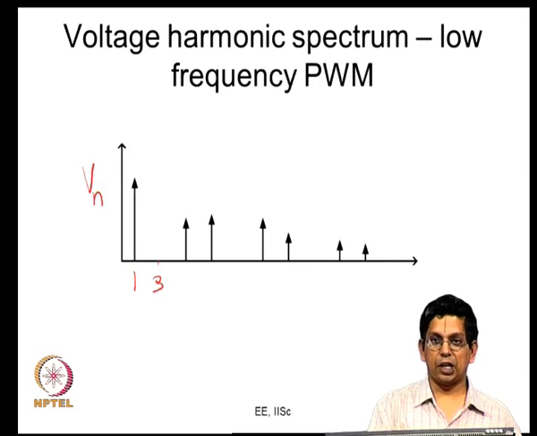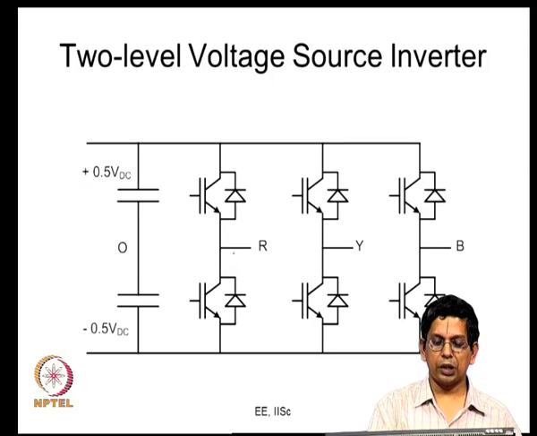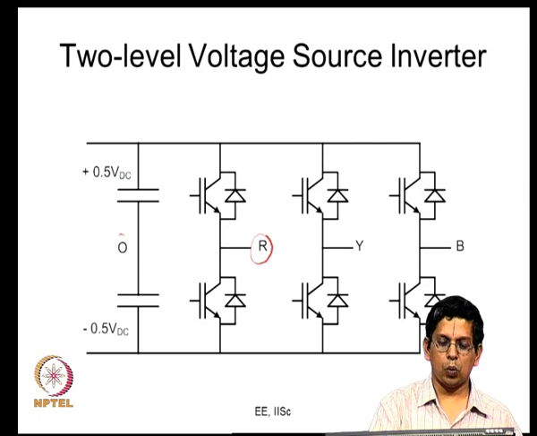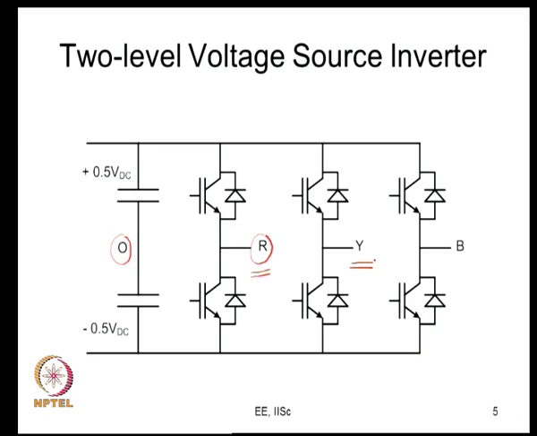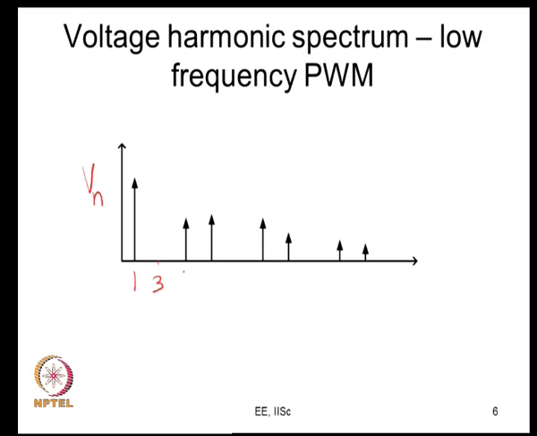The pole voltage might have third harmonic, but when you take R with respect to O it would have third harmonic, but when you subtract VRO minus VYO between VR and VY you will not have third harmonic. So, those third harmonics would get cancelled. So, there will be no third harmonic in the line voltage spectrum. Then you have the fifth harmonic, you will have the seventh harmonic. Again your ninth would be absent because you are subtracting 2 pole voltages. Then this is 11, this is 13. This 15 is absent. So, all the even harmonics are anyway absent. So, this is 17, this is 19 and so on, where this is the harmonic order n.